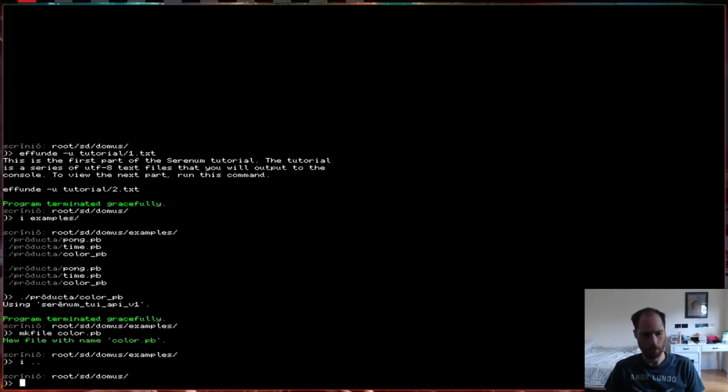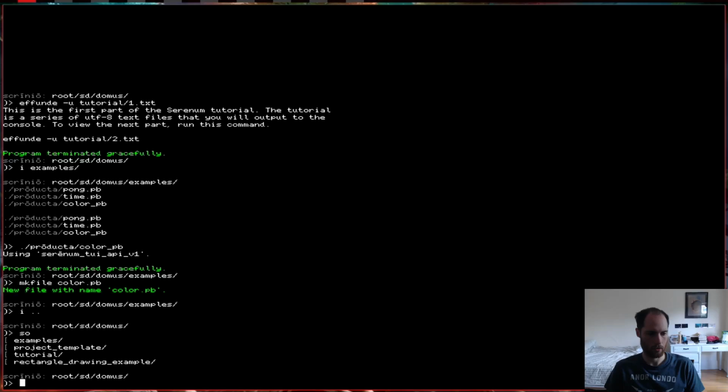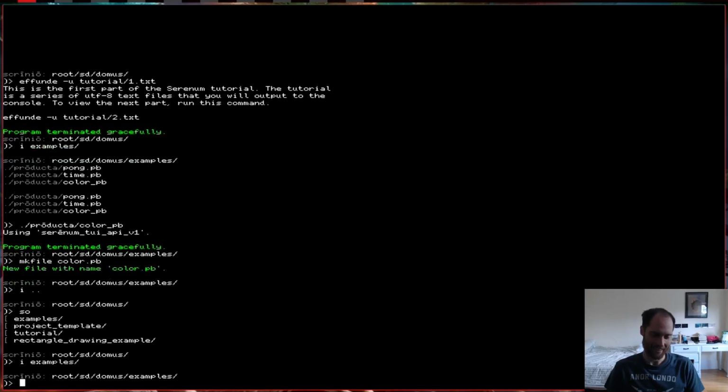Then we want to go back into the examples, and we simply want to do CLB codex, then the name of the file that we want, which should be color.lbc, then where we're writing it to, which is productor color dot